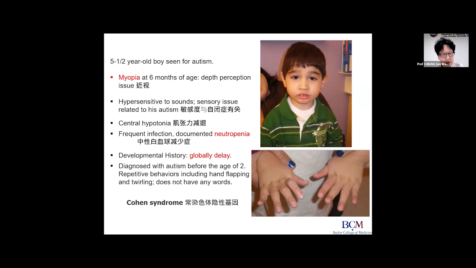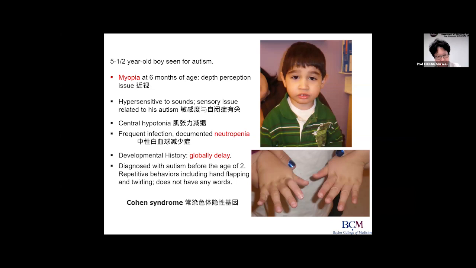central hypotonia, frequent infection, documented neutropenia, global developmental delay, and diagnosis with autism before the age of 2. He has repetitive behavior, including hand flapping and twirling, and does not have any words. And this is because we found out that he had this autosomal copy number loss on both chromosomes, inherited in the autosomal recessive manner and associated with Cohen syndrome, because the gene